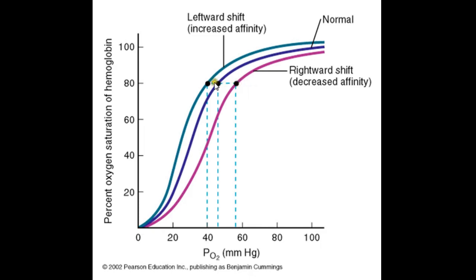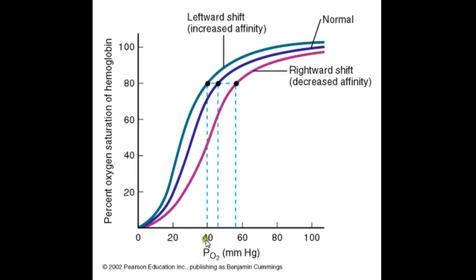But when this curve shifts to the left, there is an increased affinity for the oxygen with the hemoglobin. So there is a very rapid binding. When the curve shifts to the left, there is a rapid binding between the oxygen and the hemoglobin. When the curve shifts to the right, there is a decreased binding and easy release of the oxygen. You can now understand that when there is